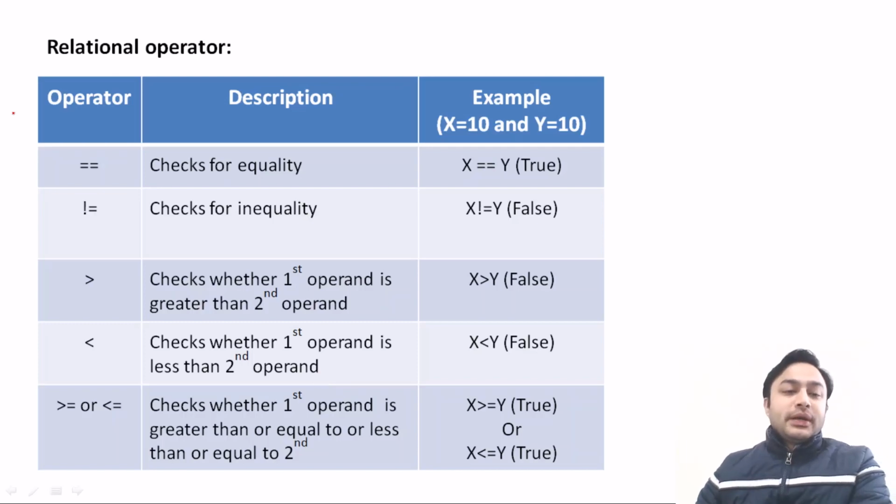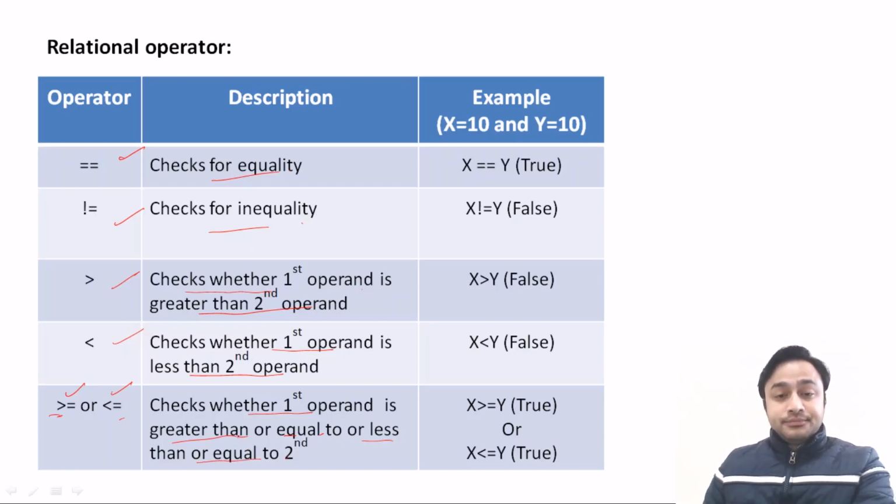Now this is a relational operator that is used for making comparison. These are the operators: equality, not equal to, greater than, less than, greater than equal to, less than equal to. Now this will check for the equality, this will check for inequality, whether one number is not equal to other. Then it will check whether first operand is greater than second. This operator will check whether first operand is less than second operand, and this greater than equal to will check whether first number is greater than equal to, and this operator will check whether it is less than equal to